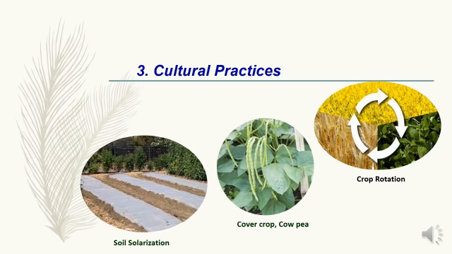Root leachates, root chemicals, allelochemicals of certain plants are toxic to nematodes, and growing such crops will bring significant reduction in nematode population. For example, we can go for marigold, pangola grass, asparagus, etc. And cover crops like calopogonium in banana and raising green manure crops like sunhemp, daincha and green leaf manure crops like azadirachta may be effective in the control of nematodes. And early detection of infested plants and their removal helps in the reduction of nematode spread. After harvest, the stubbles of the infested plants are to be removed.